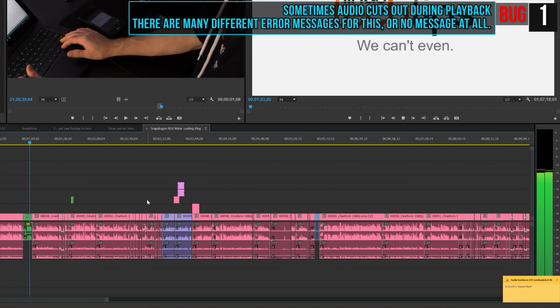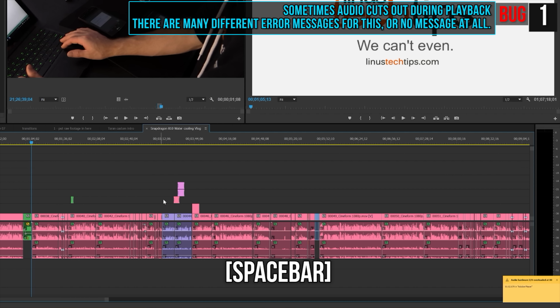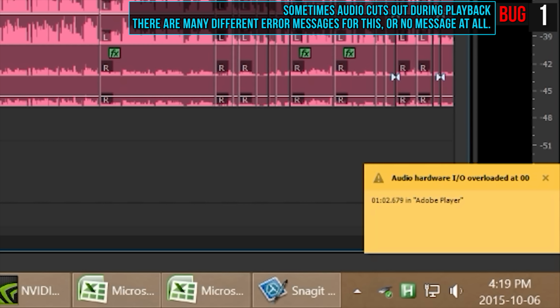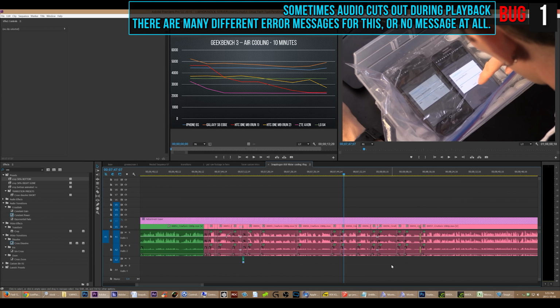You can get the audio to work again by pausing and playing the video, but you'll usually have to rewind because you've missed something important. The error message is either audio hardware I/O overload, or audio and video clock out of sync,